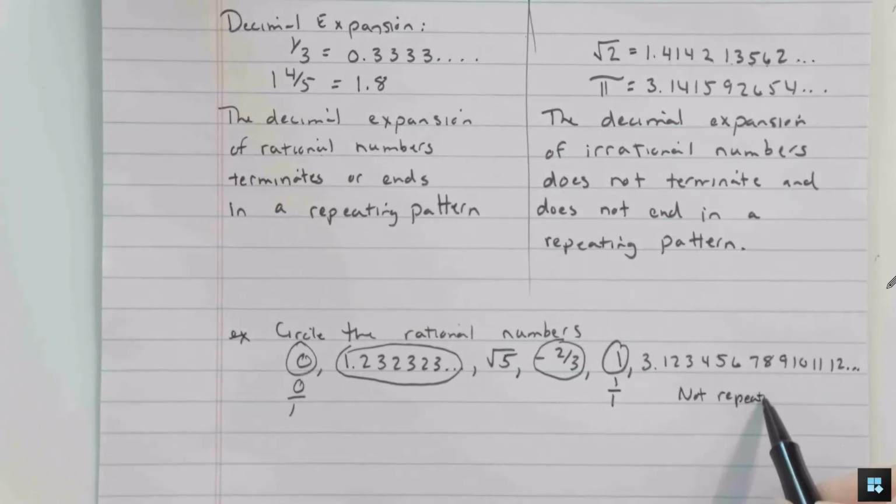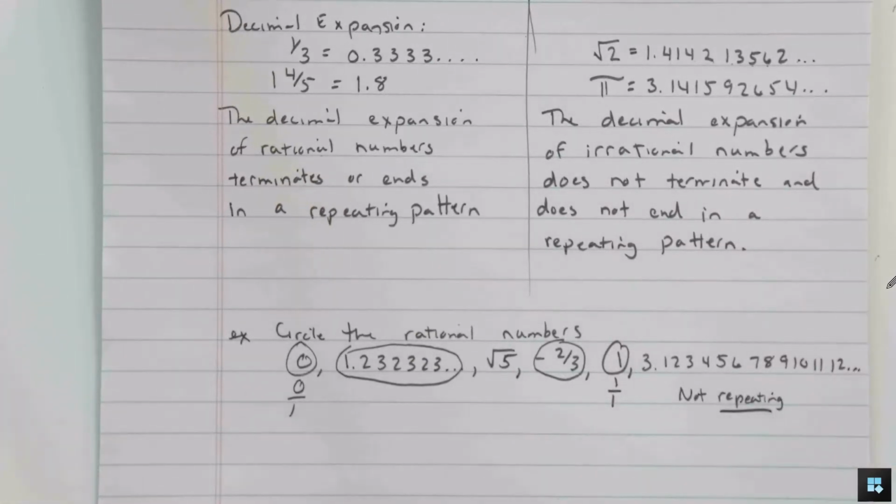So the ending is a pattern, but it's not a repeating pattern, so it is not rational. So that's kind of a trick. Okay, so watch out. Just because it's a pattern, that doesn't make it rational. It has to be a repeating pattern. And we're going to see why. First, we'll figure out